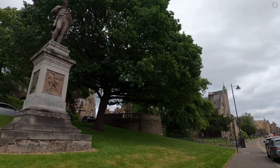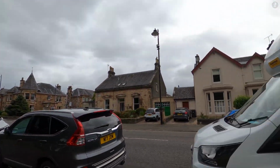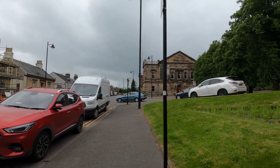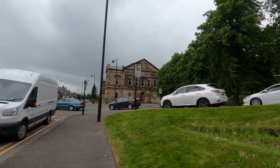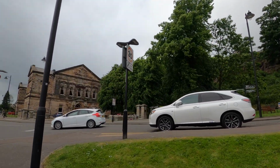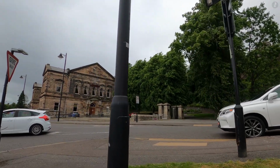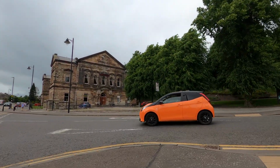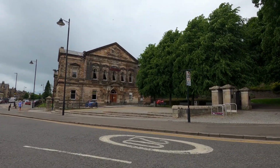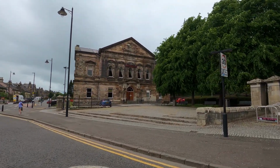Stirling's contribution to Scotland's rich culture is undoubted. Its central role in the nation's incredible history is one thing, but the city today remains a wonderful place to explore the very best of what Scotland has to offer. That can be on a walk around town as we've taken today, or on a visit to one of the many cultural venues to be found in Stirling, from the old Tolbooth to the Stirling Smith Art Gallery,